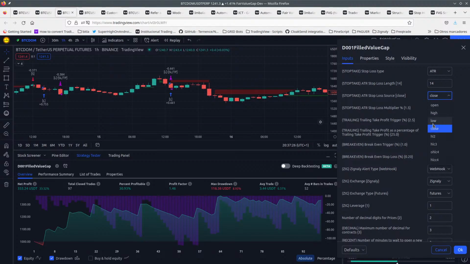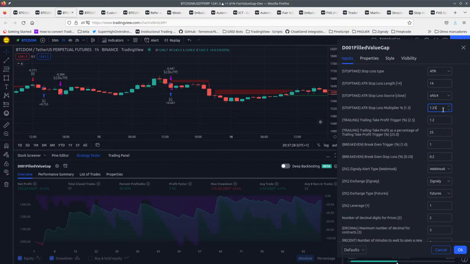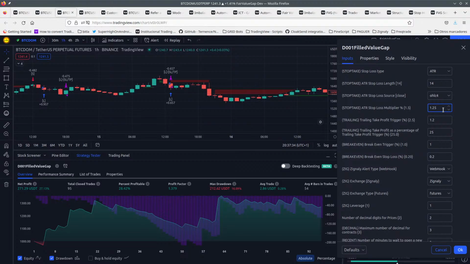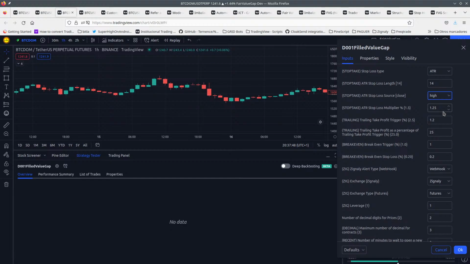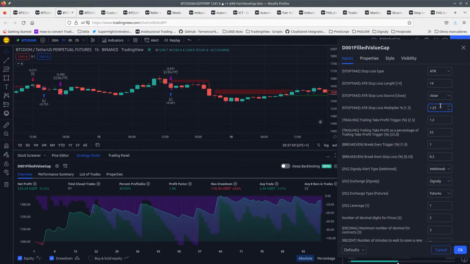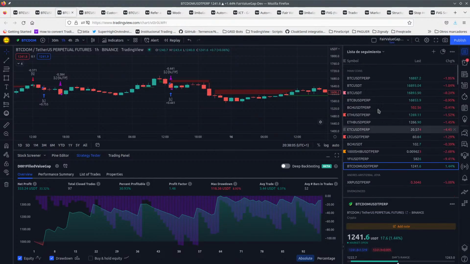What about using OHLC here instead of close? Is it going to be any better? No, it's not. Well, what about using low? Okay, what about using high? Okay, not sure what's happening there, but yeah, 125 is a bit better, but even then, I mean,